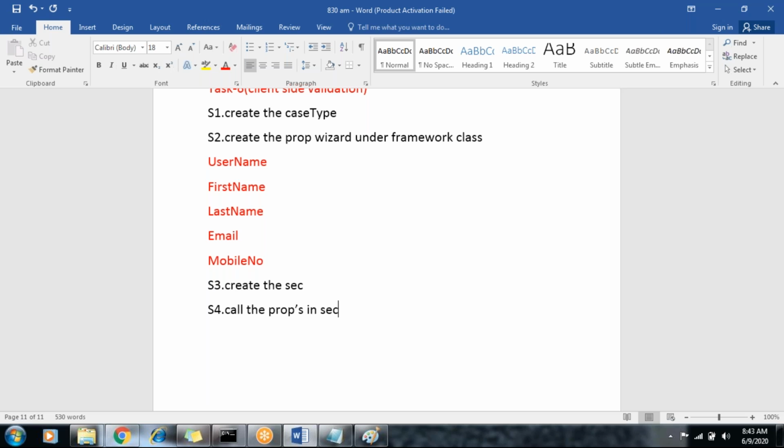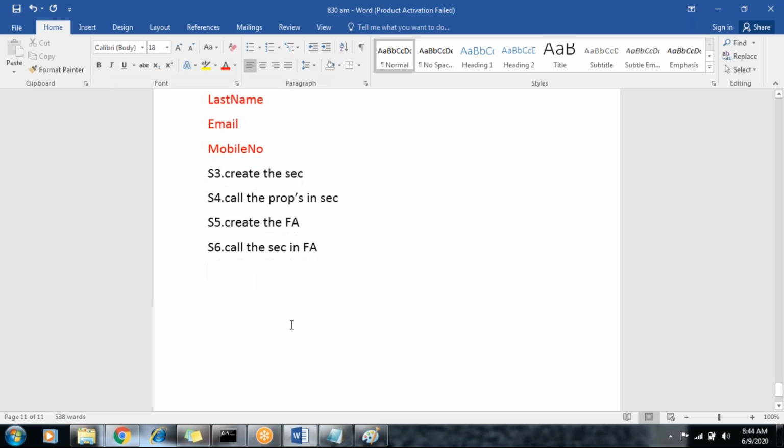In step 5, create the action. Step 6, add all the section interaction. And step 7, create a flow.